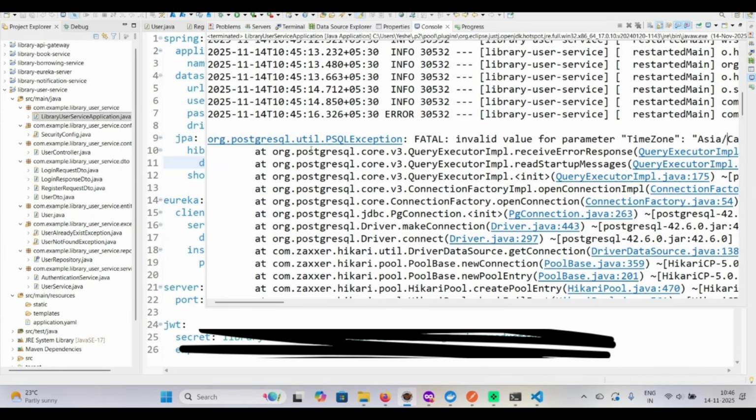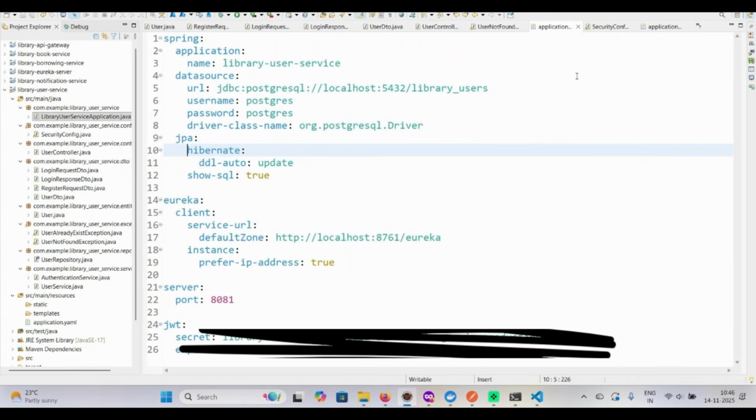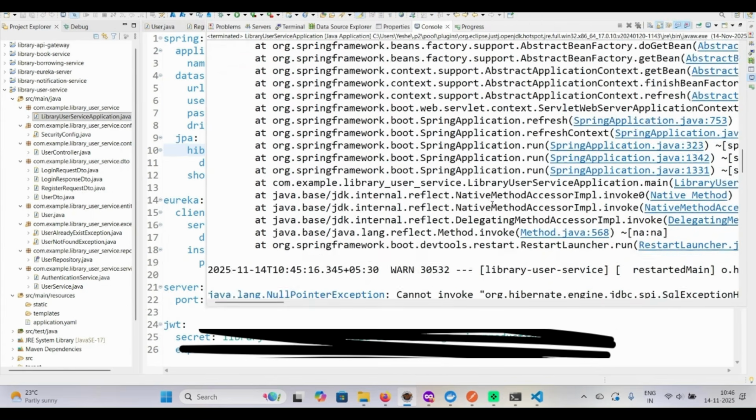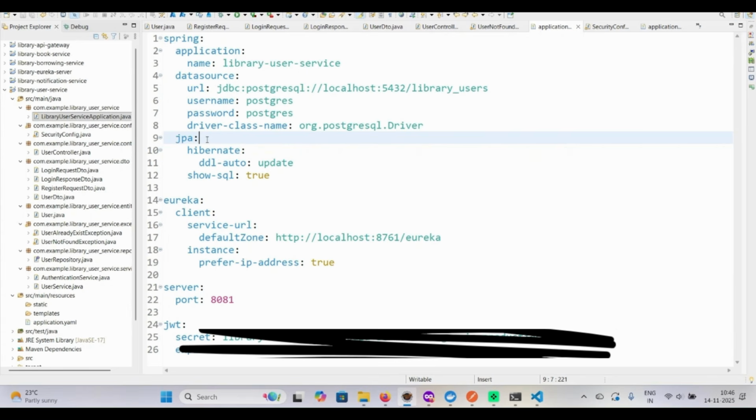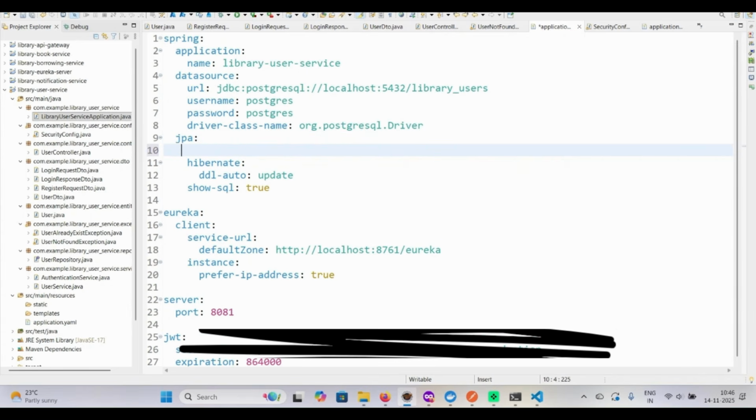Okay, so fine. So can you see in the last it is saying unable to determine dialect. Okay, we haven't added here dialect, but that is not mandatory. Okay, so I'll show you. Even if we add dialect, then too it will give me an error. Database,